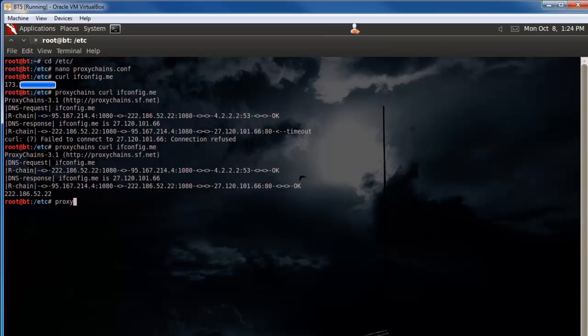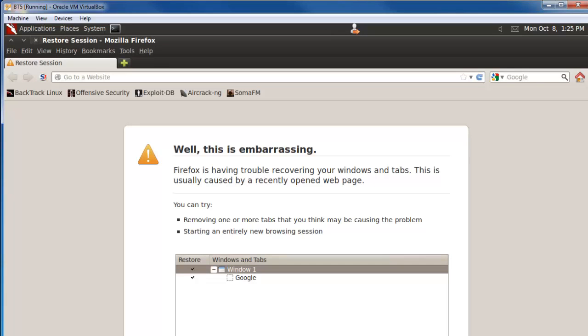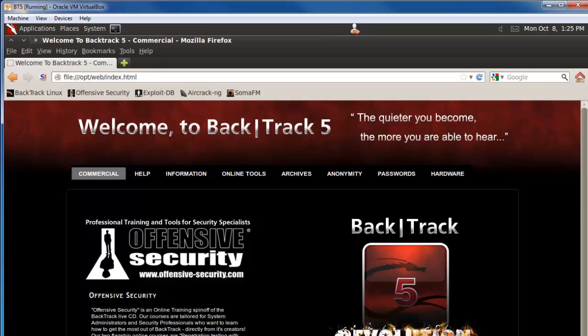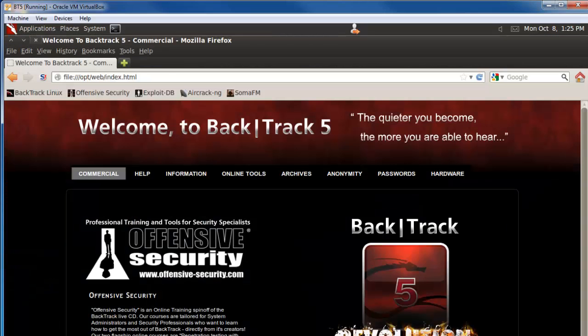So if I type in, say, proxychains Firefox, again, it's going to attempt to establish that connection and then open up Firefox. And there we go. Let's go ahead and start a new session. So if I go over here, you'll see it already doing the DNS request for everything that's already loading in Firefox. But now everything I do in this browser, so if I was to go to, say,